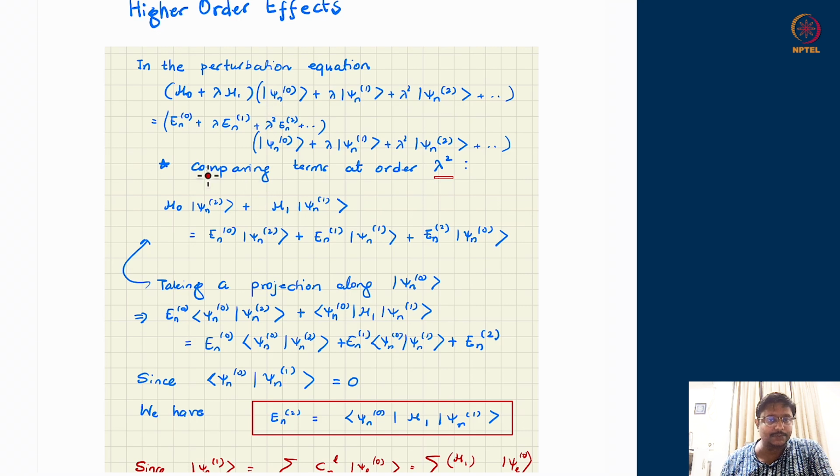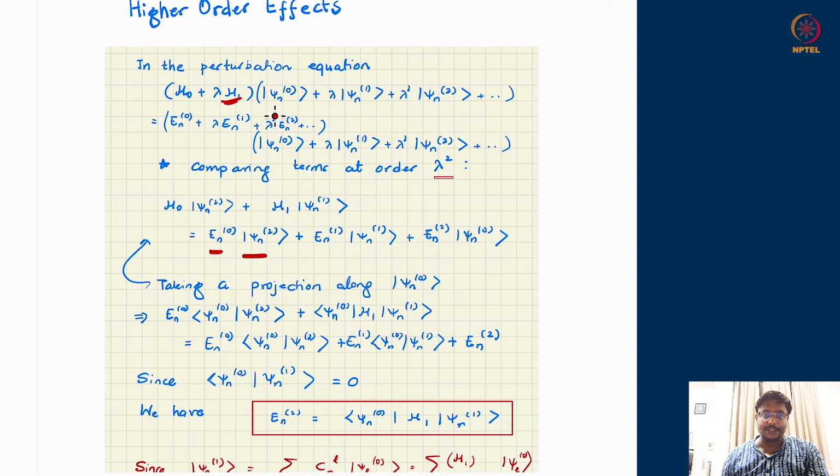From the right hand side, again the same story. This number En0, which is free of lambda, can combine with the second order correction term to the wave function. So therefore, I can have En0 multiplying psi n2. One more possibility over here is that the first order correction to the eigenvalue talks to the first order correction to the wave function itself. So En1 talks to psi n1, that is also order lambda square. And lastly, an order lambda square correction in the energy eigenvalue. Unlike the Hamiltonian, where I know what the total correction is, I do not know what happens to energy eigenvalues. They can be a higher function of lambda.